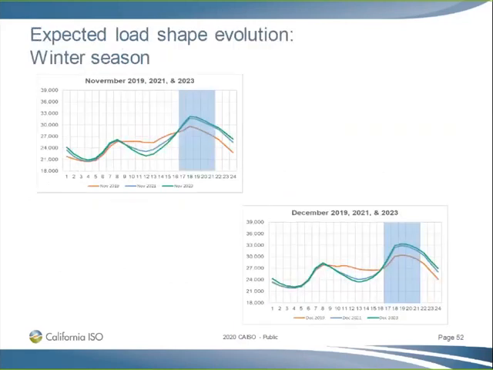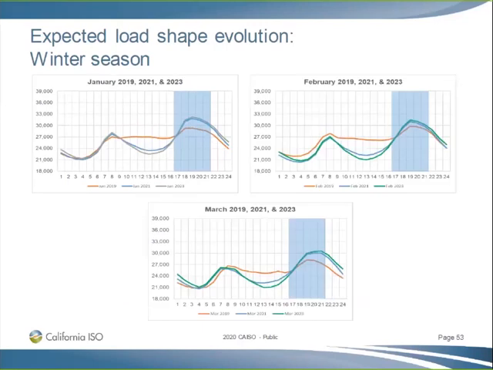I'll go on to winter. For winter, looking at November and December for 2019 compared to 2021 to 23, here we don't see as much of the change in shape, but you do notice that the peak shifts to higher values. Generally the shape stays the same for 2021 and 2023 compared to the observations for 2019. Another thing you'll notice is the flat shape in the middle of the day, and that's likely due to cloud cover across the state, leading to the higher load profile through the middle of the day.